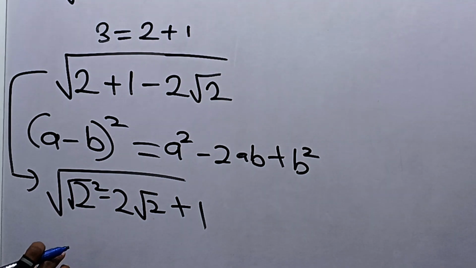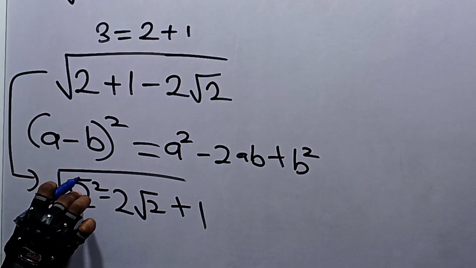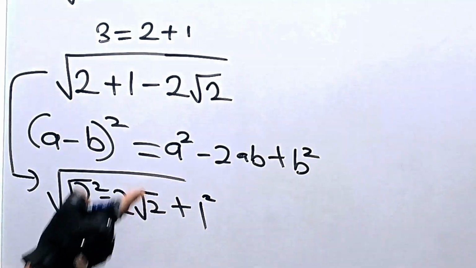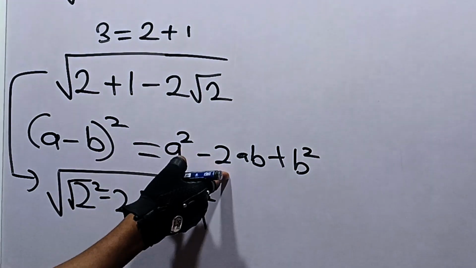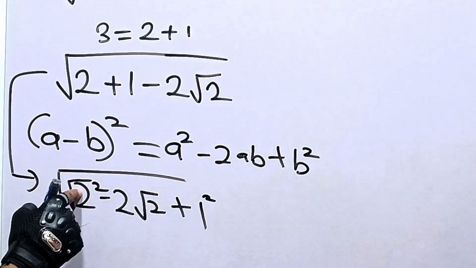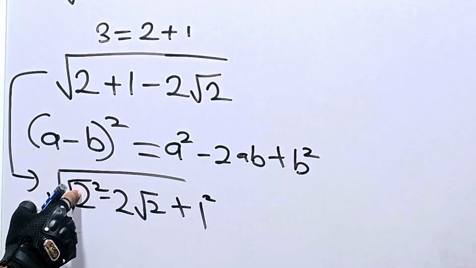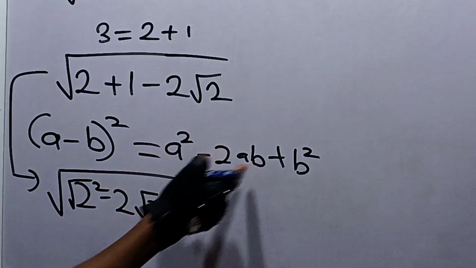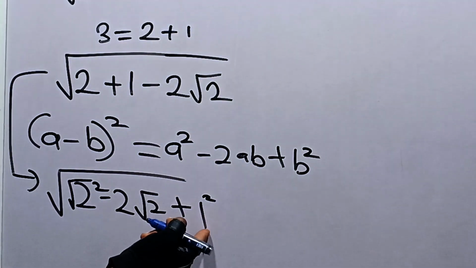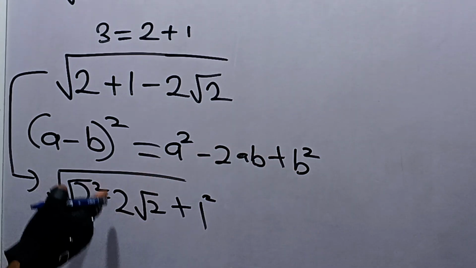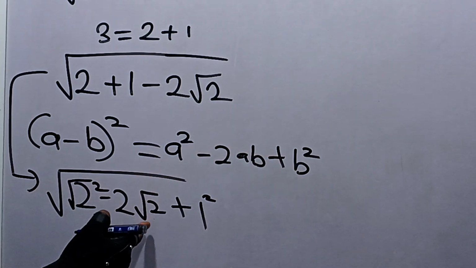Now you see that this is in the form of square root of 2 squared, and then we can change this one to 1 squared. Can you see that if you compare this and this, you're almost getting the same thing. So let root 2 equal a. So you have root 2, which is a squared. Then we have minus 2 times ab. Now let this one be b, so this corresponds to b squared. For the minus 2 times ab, you have minus 2 times root 2, which is our a, and 1,